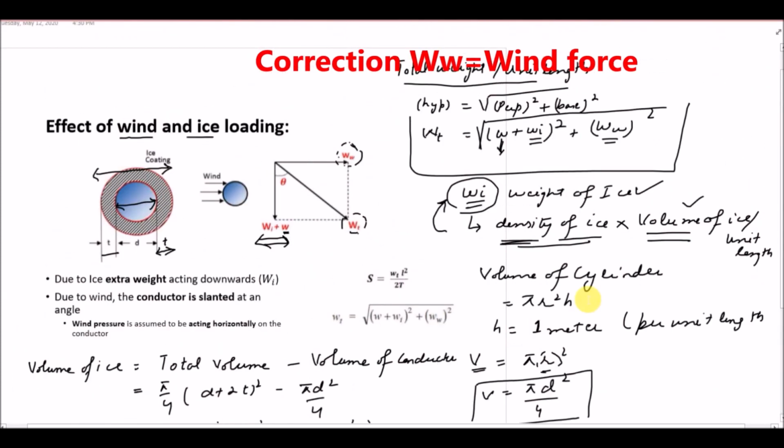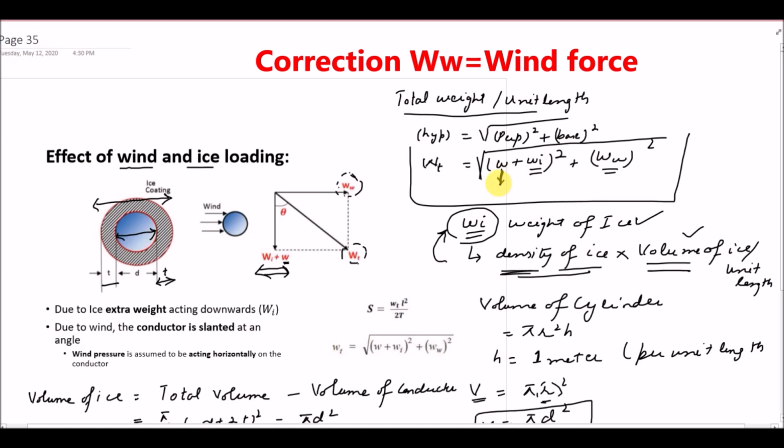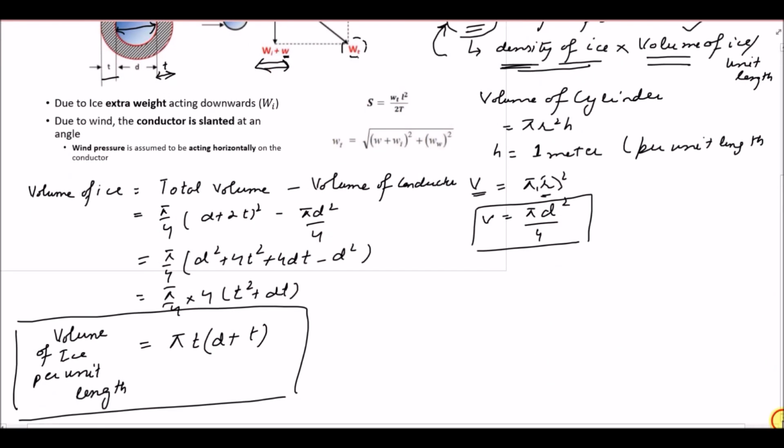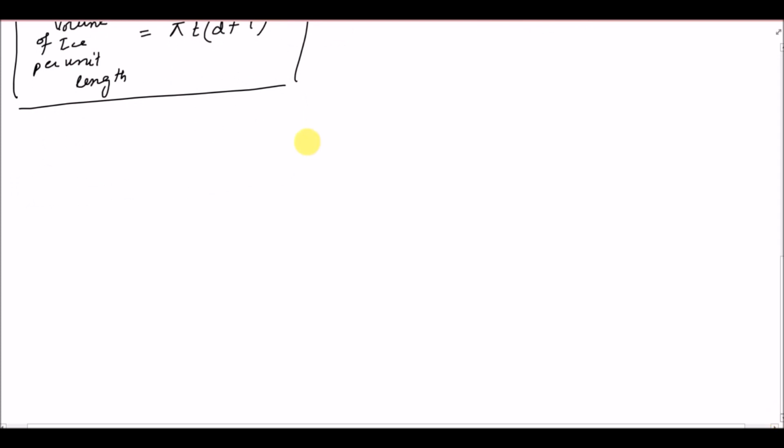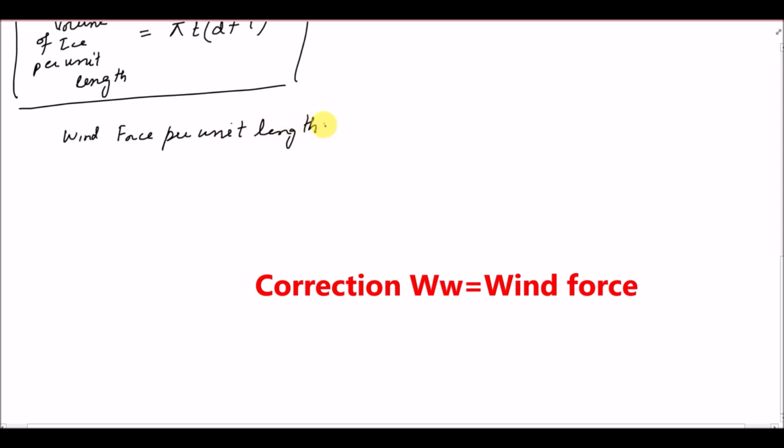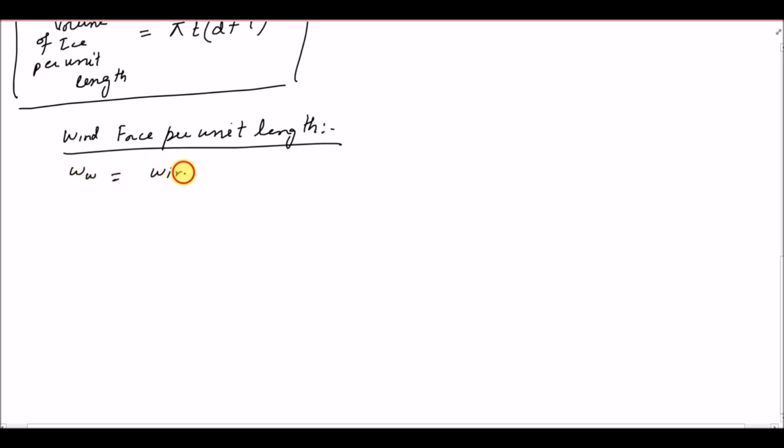So now the second part is the wind pressure. Now we know the weight of the conductor and we also know the weight of the ice. Now we have to calculate the wind pressure, right? For wind pressure, wind force per unit length. So now we have to calculate it, and it is denoted by Ww. It is equal to wind pressure per unit area